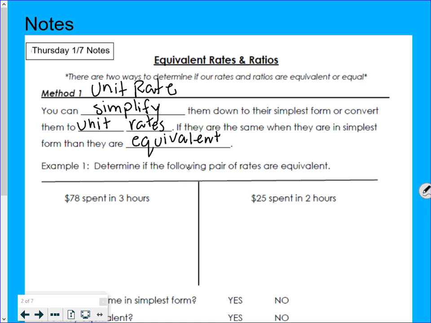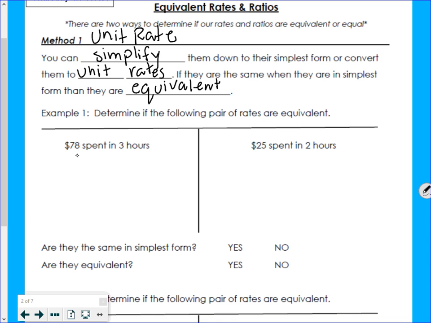It says determine if the following pair of rates are equivalent. This first rate says $78 spent in 3 hours. So in is our keyword. So $78 spent in 3 hours. So when we turn that into a unit rate, we're going to divide by 3 because we need our denominator to be 1. Here, divide by 3, and we get